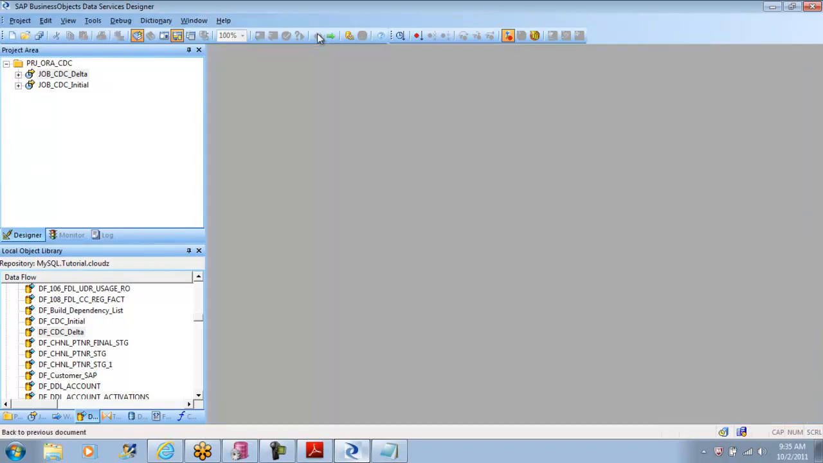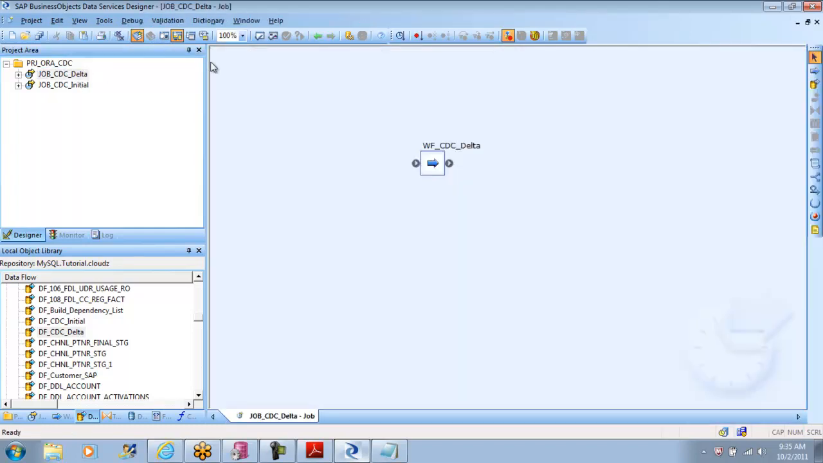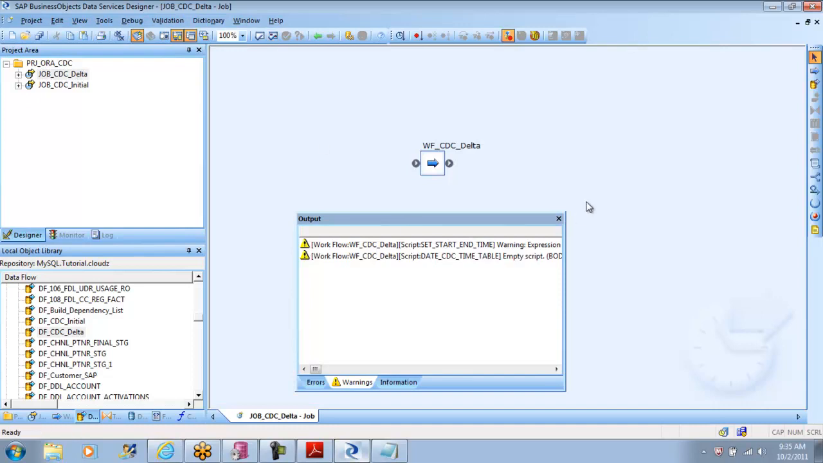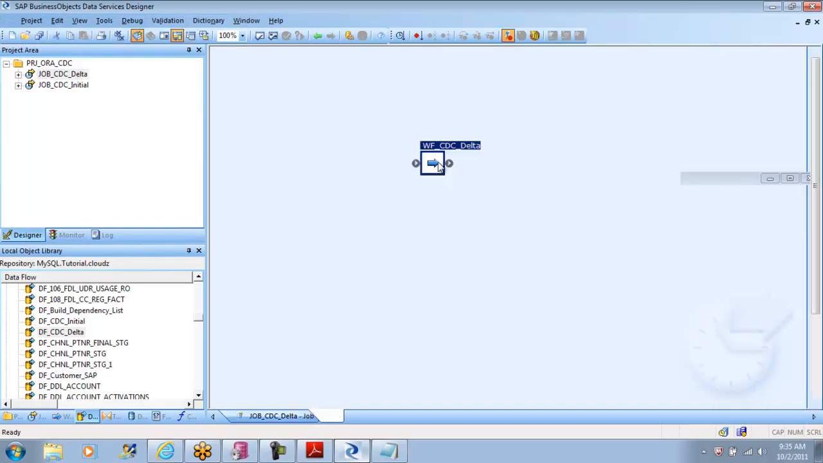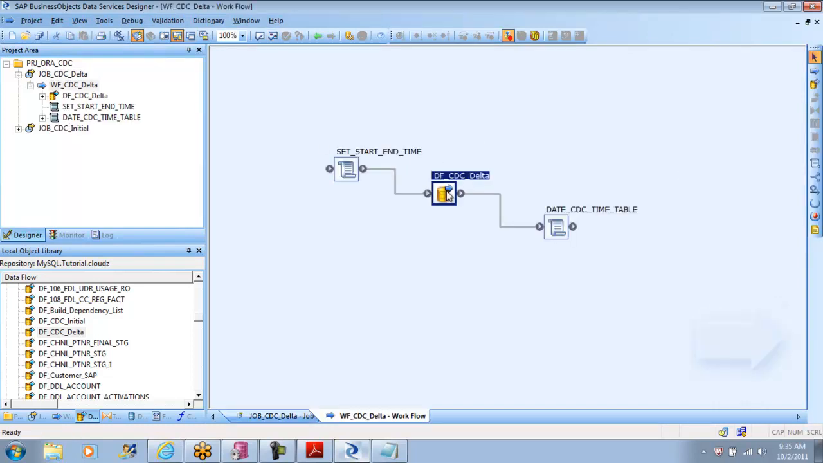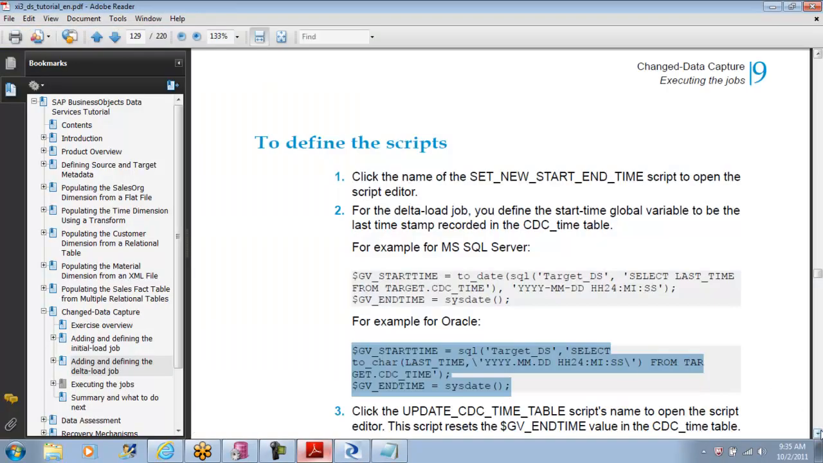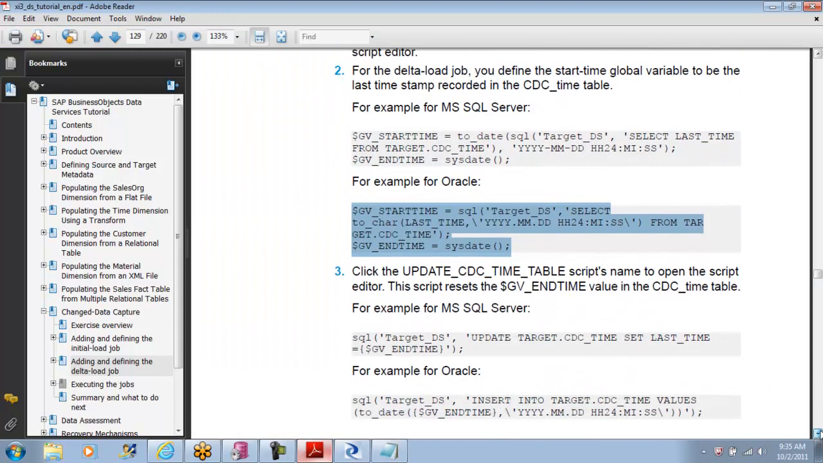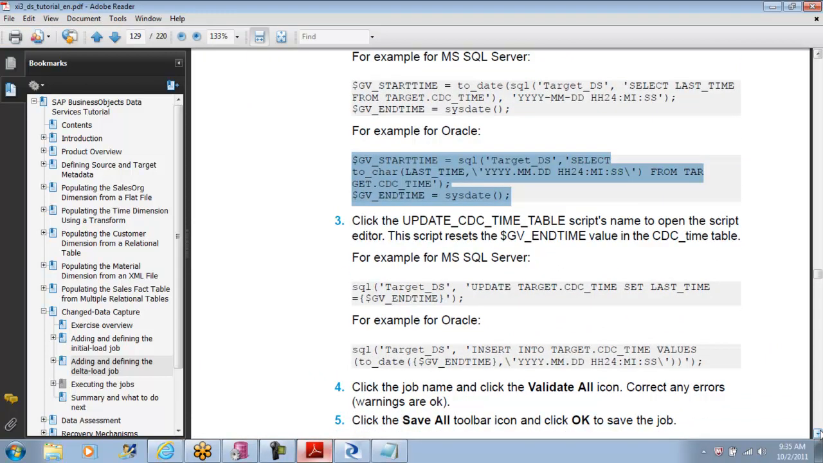There is a good reason why they have put it at the job level rather than the project level, because when in runtime it has to actually assign the global variables at runtime. That is the reason they have put it that way. So in the update